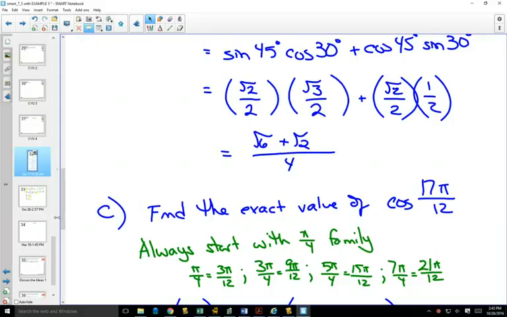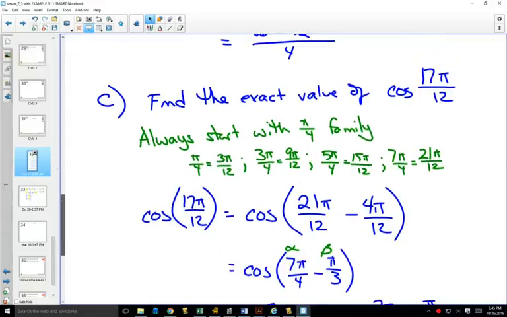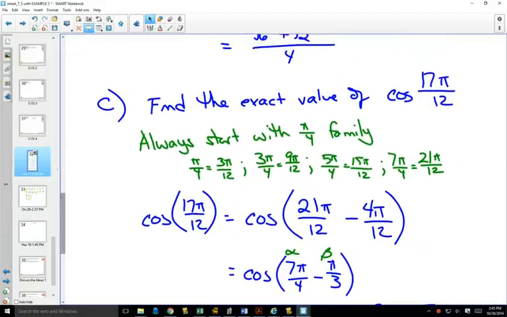Some people like to try to get as close to 17 pi over 12 as possible, so they might choose 5 pi over 4, because that gets you to 15 pi over 12, and then you just need to add another 2 pi over 12 to get there. But no matter which one you choose, they will all give you the same answer. So for example, if we chose 21 pi over 12 minus 4 pi over 12, because that makes 17 pi over 12, and we reduce those, the first one is a pi over 4 family, 7 pi over 4, and the second one is pi over 3,